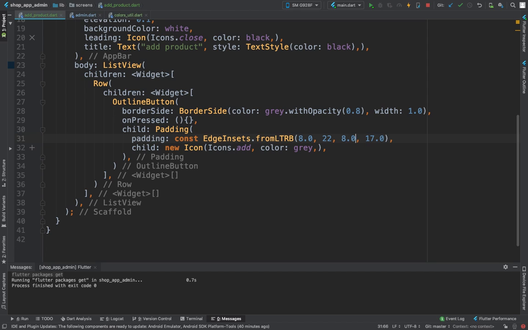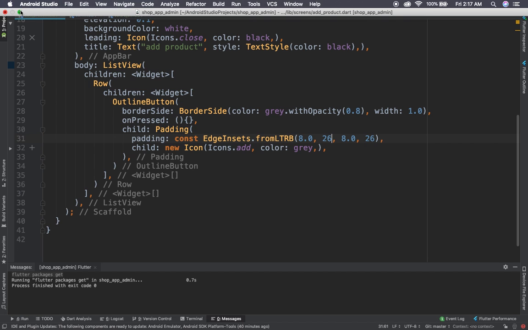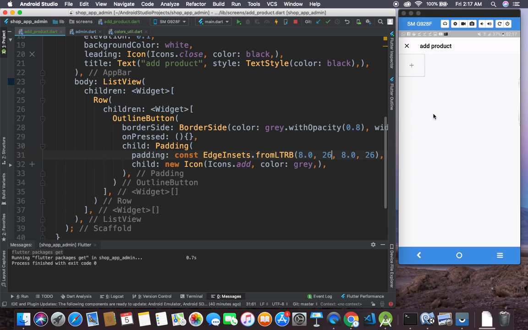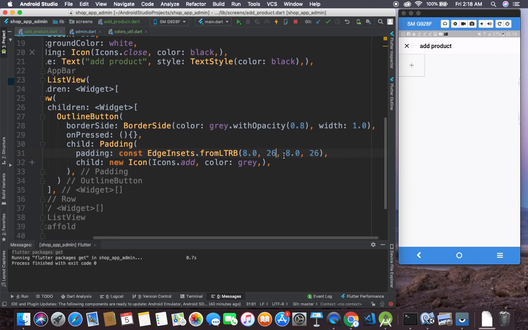22, 22. This is something that at the end of the day is really just up to you. How do you think the numbers or the size of the icons should be? Let me just show you guys what I'm doing. I'm just finding the right size for this button here,